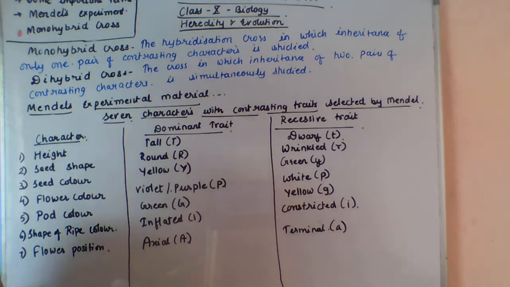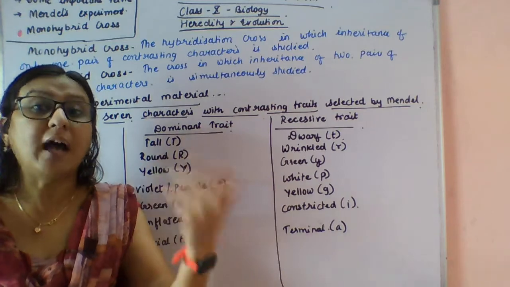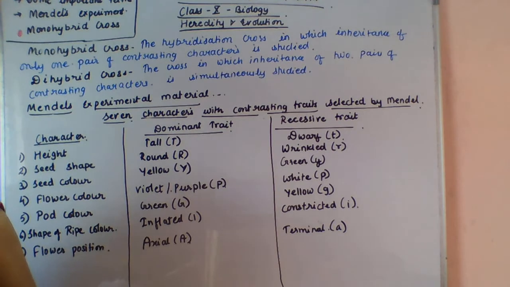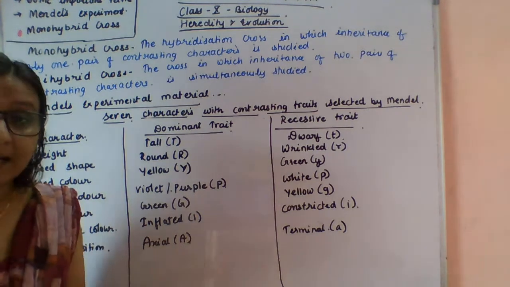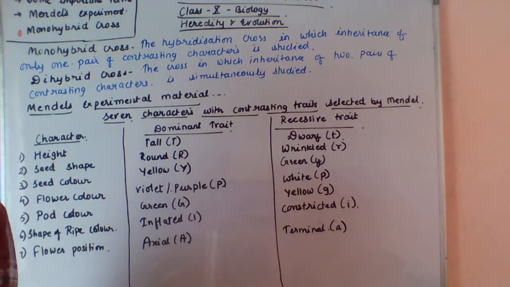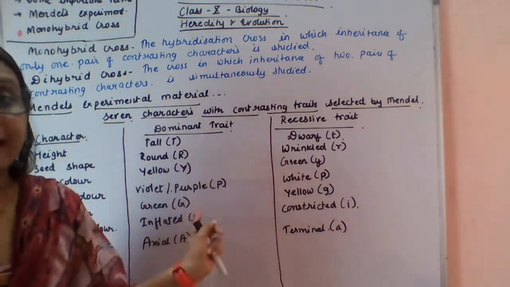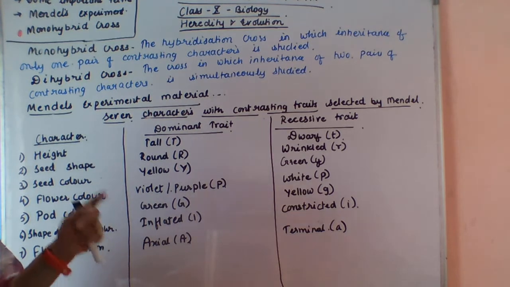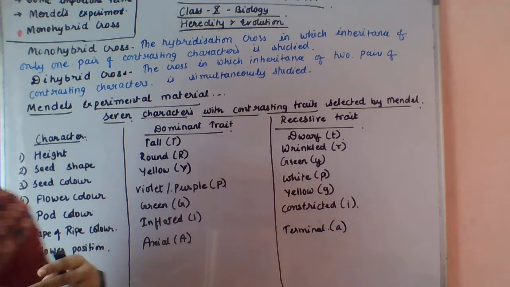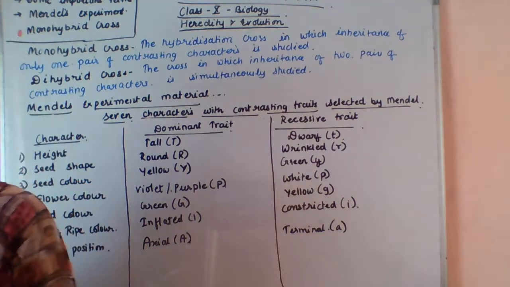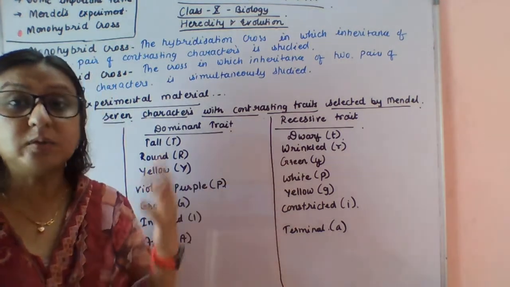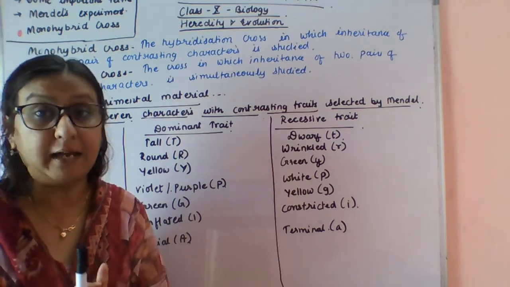First, in the last class I also explained why he chose the pea plant. All the points are there, you just go through those terms also: it occupies small space, or it has a short lifespan, the annual nature of the pea plant, presence of easily detectable contrasting characters that you can see here, the formation of a large number of seeds, and flower structure enables cross pollination. But basically they are normally self pollinated, and the plants require little care. So these are the points for which Mendel selected the pea plant, Pisum sativum.